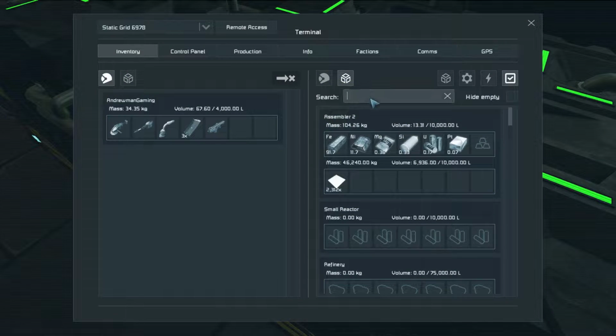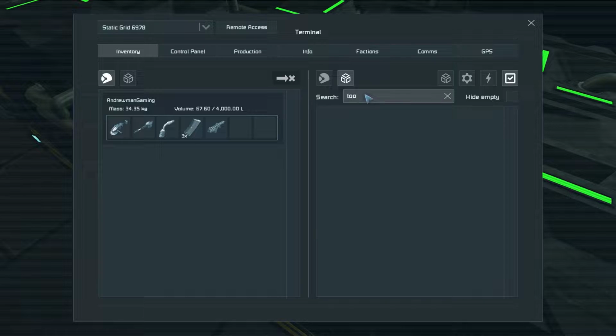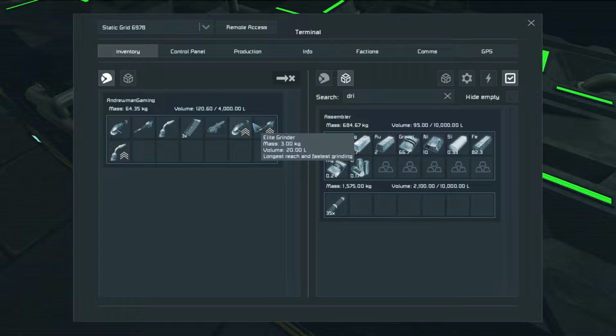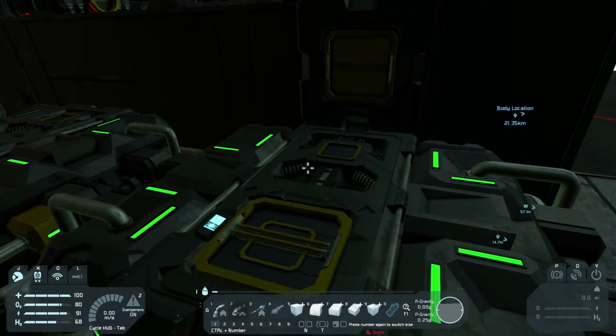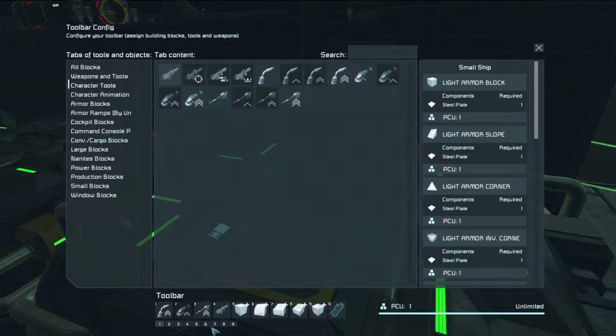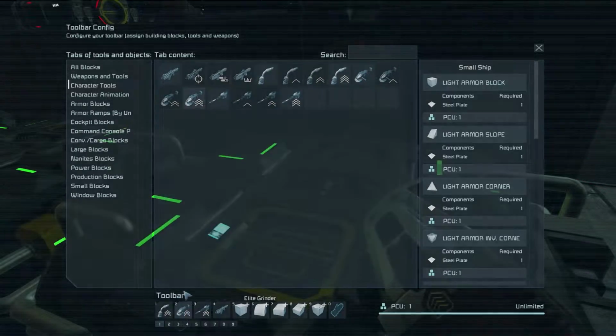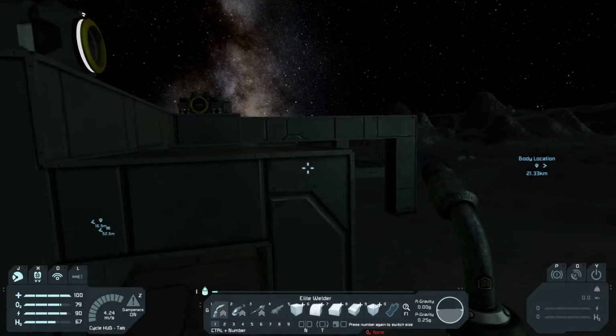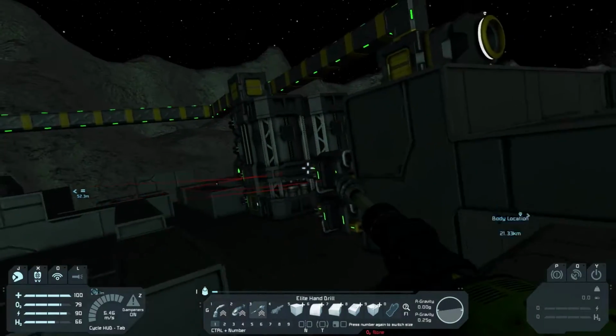Oops. We want our tools back. Where are our tools? Drill, maybe? Yeah, okay, that's exactly what we want. We want the elite grinder, we want the elite hand drill, and the elite welder. Although we don't really need the elite hand drill, but oh, we actually haven't used the elite grinder yet, have we? So we need to bring that. We need to christen it by bringing it into our inventory. Oh, there we go. The elite grinder is in. Awesome. Okay, so now that we have all of our elite tools back,